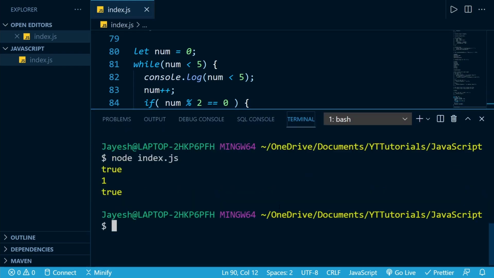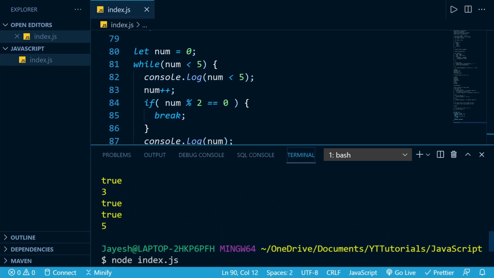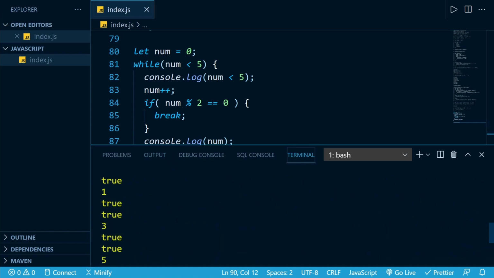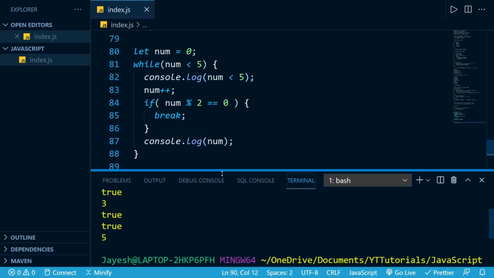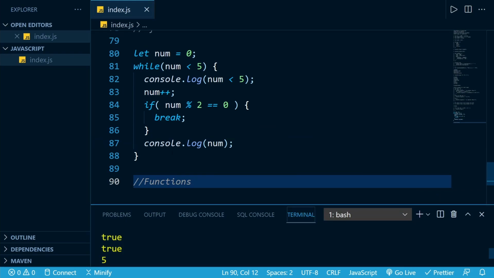As you can see, as soon as it finds the first even number, it breaks out of the loop. And when we use the continue keyword, it will just skip the current iteration, it will not break out of the loop entirely. That's the difference between the continue and the break keyword.